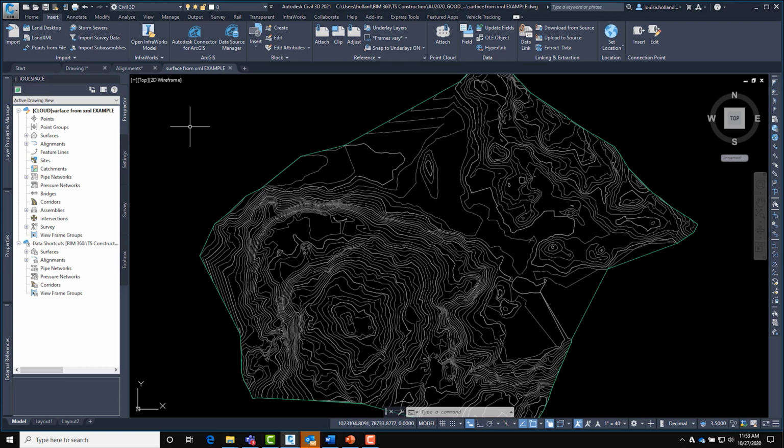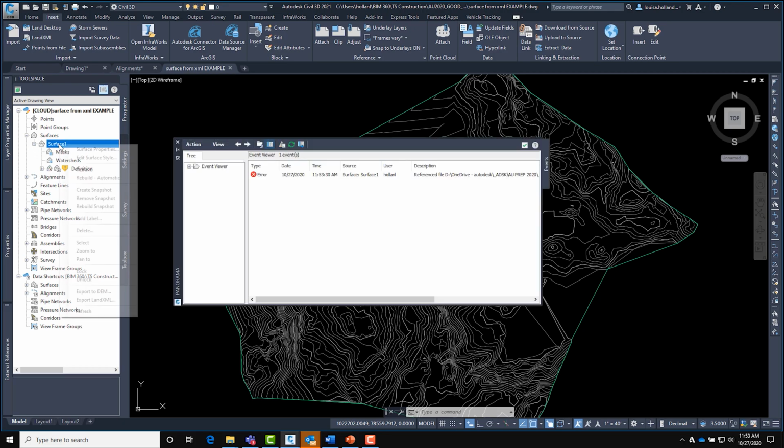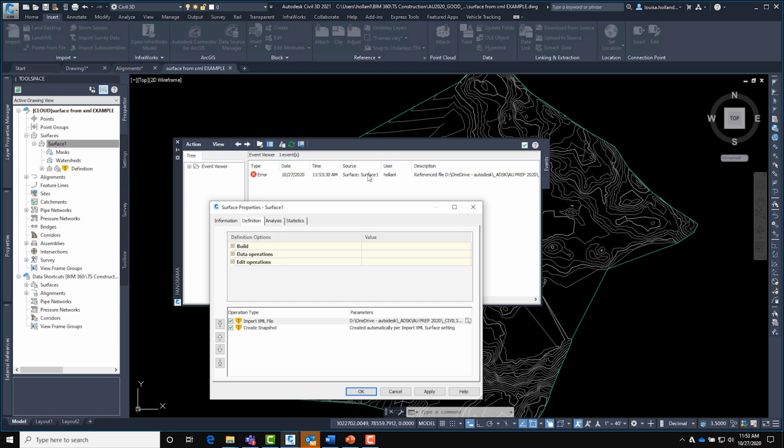So what I have in place currently is this drawing file that relies on a surface definition that is no longer available to this file. It's looking for something on my D drive, but we really need it to be pointing to something out on BIM 360.